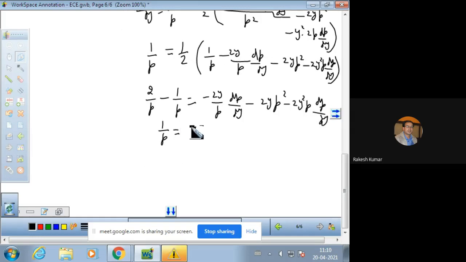So this is 1 upon p, and that will be minus 2y over p dp over dy minus 2y p square minus 2y square p dp over dy. So multiply, or you can simply solve like that. Taking the LCM, you will have... So after taking the LCM,